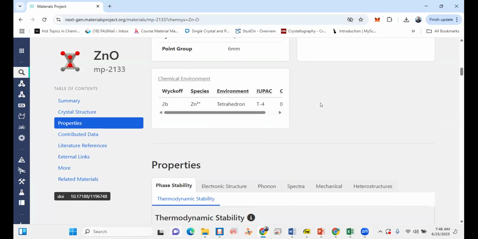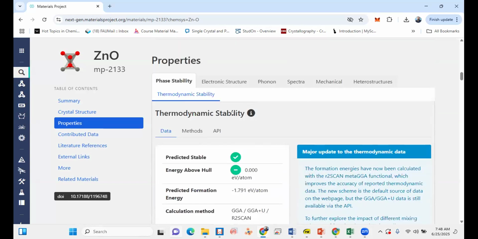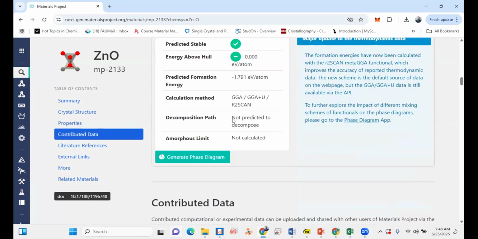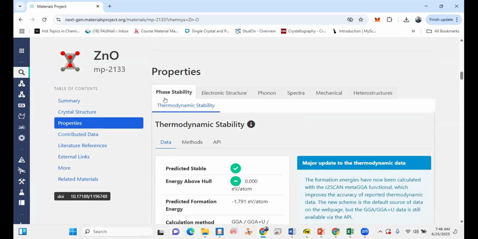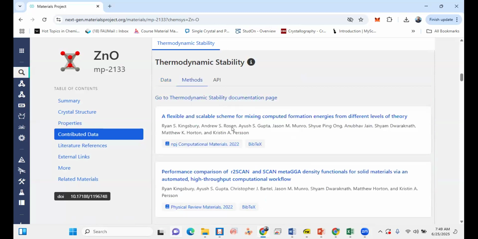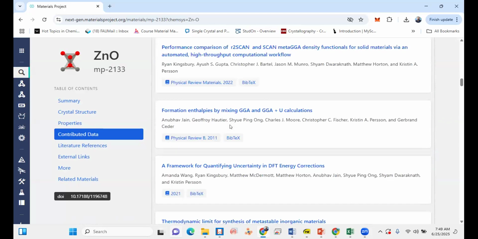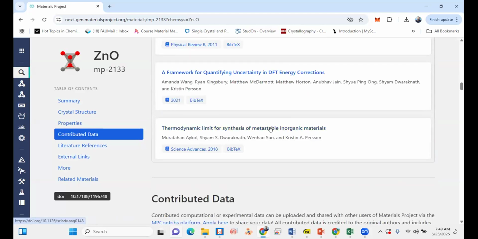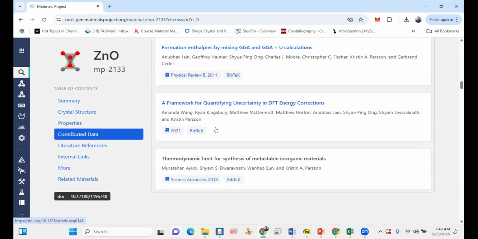Now we come down a little bit, and in the Materials Project we have all this information about my material. One is about the phase stability, which in DFT calculations people usually start with as thermodynamic stability. And here the method is mentioned. You can see how people did the calculation, and different people have published about that.